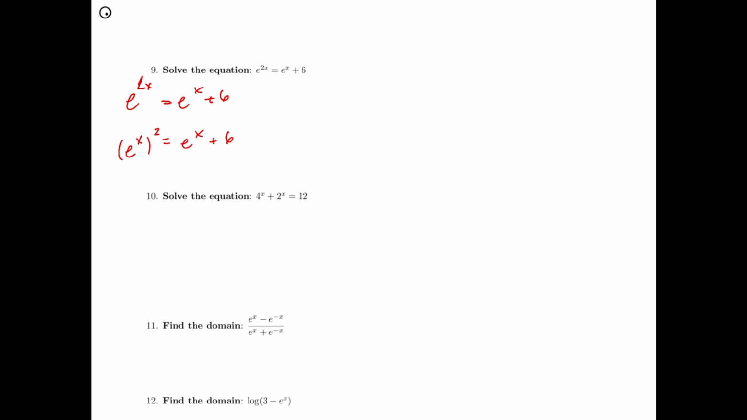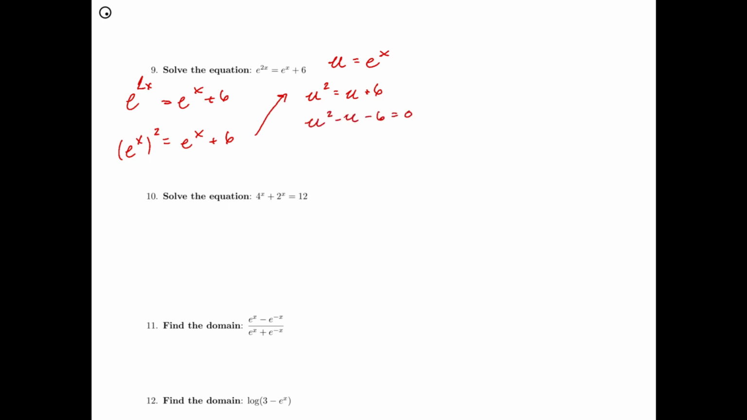And so what I have here is a quadratic that just looks really funny. So I'm going to do a substitution. I'm going to take u and set that equal to e to the x. And now I'm going to put that back into my equation. And what I have now is u squared equals u plus 6. And now this is just a quadratic that hopefully we can all solve, right? So if I subtract my terms over,